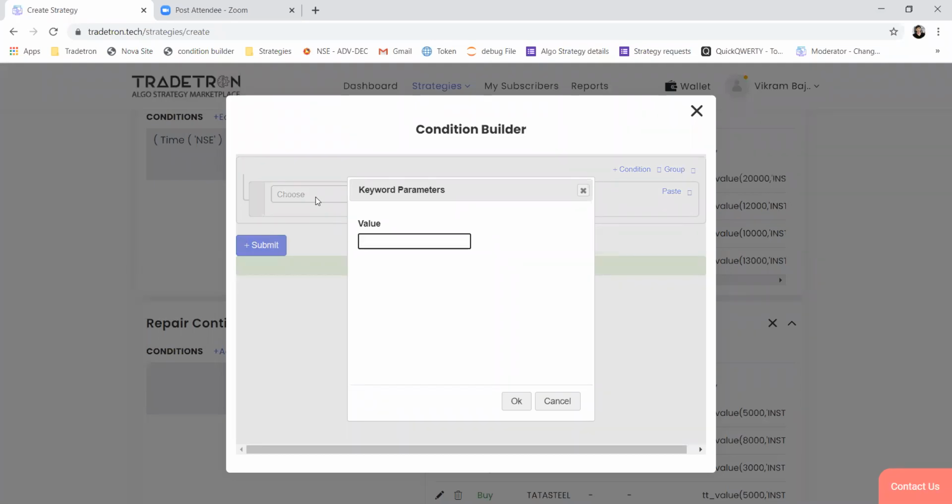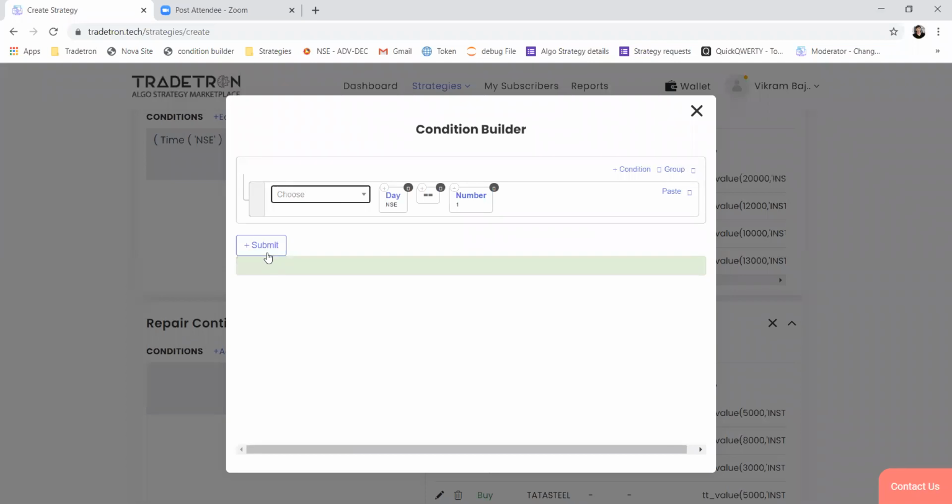So this may not work in our case, or you have to edit the strategy and update this number as the first trading day of the month, if you want.